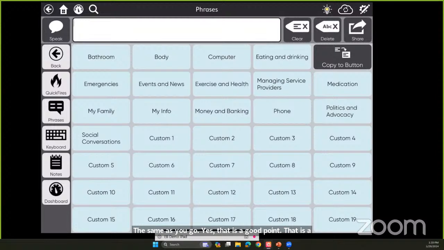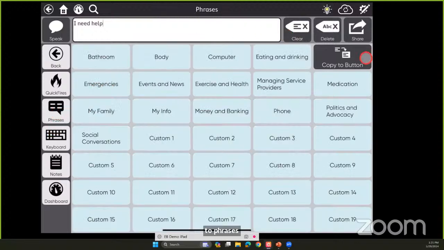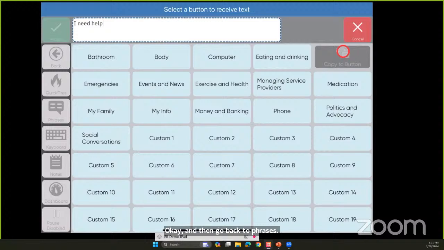Another cool feature about this app is the copy to button up there in the upper right corner. If Jackie were to type something, like "I need," and then go back to phrases and select copy to button, it would allow you to select a button and put that text there.